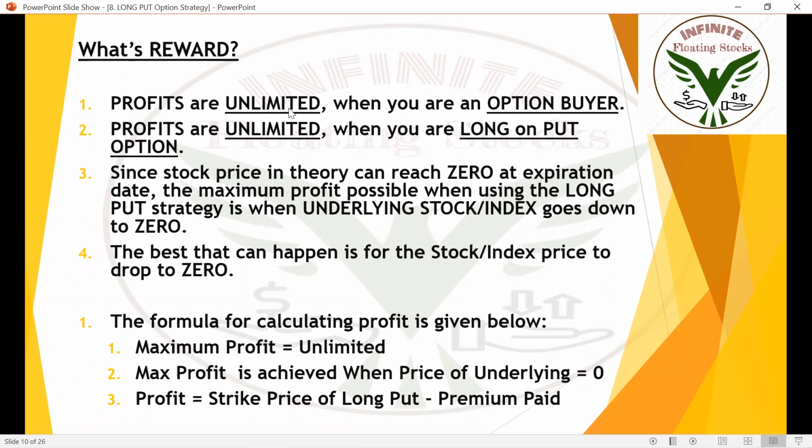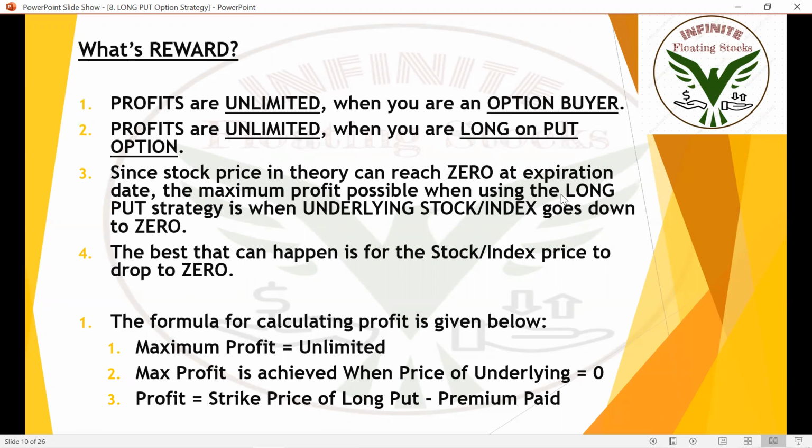So profits are unlimited when you're an option buyer, because we are here buying put. We are buying put because we are bearish. We are an option buyer because we pay premium and get the right. If you're having the right, you are a buyer, and your risk is limited and profit is unlimited. Profits are unlimited when you're dealing with long put option strategy. Since stock price in theory can reach zero at expiration date, the maximum profit